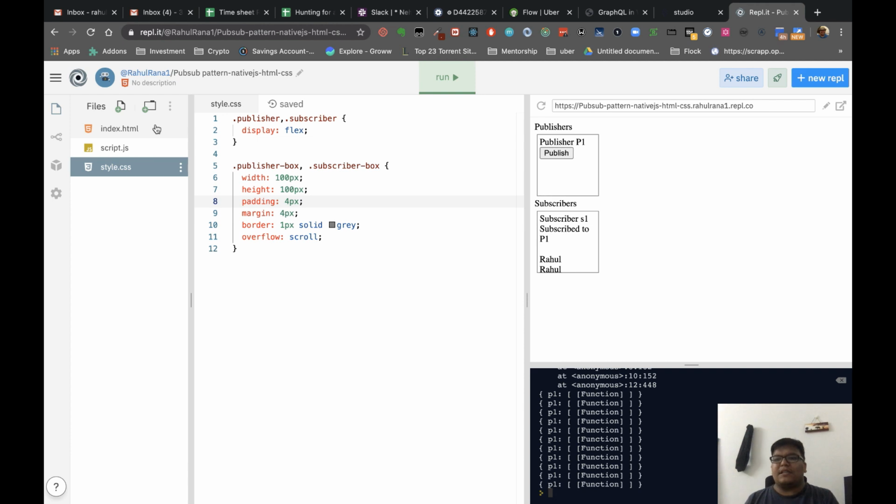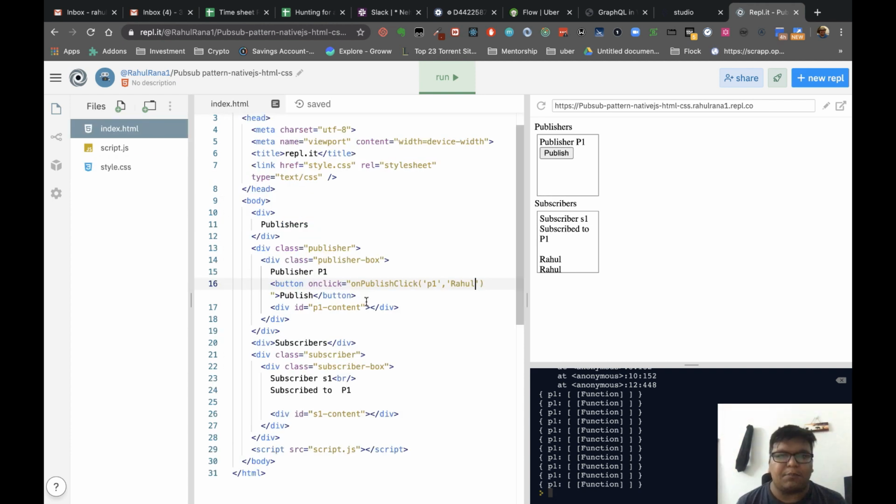As you can see now, if P1 is publishing, here we are actually publishing. Whenever someone publishes, that content can be dynamic, it can have data from an API or something like that, and then we can bind that function with the corresponding publisher's data.